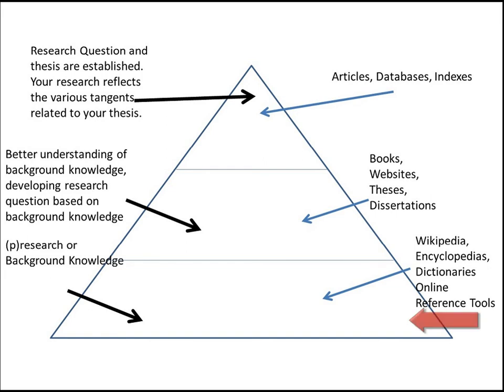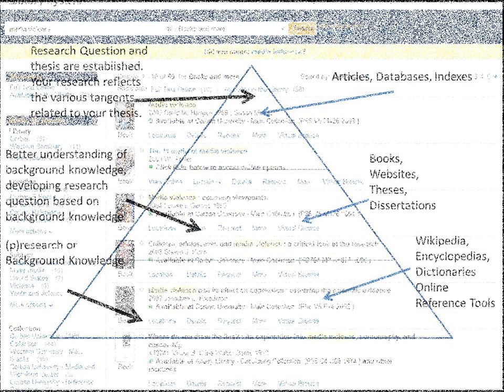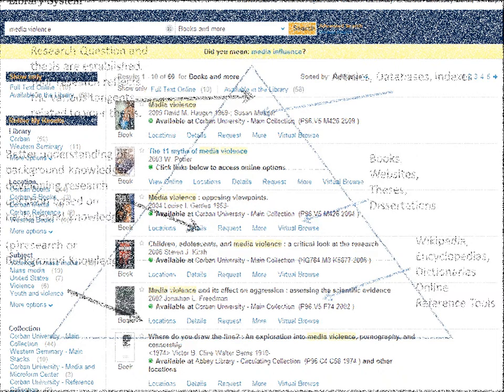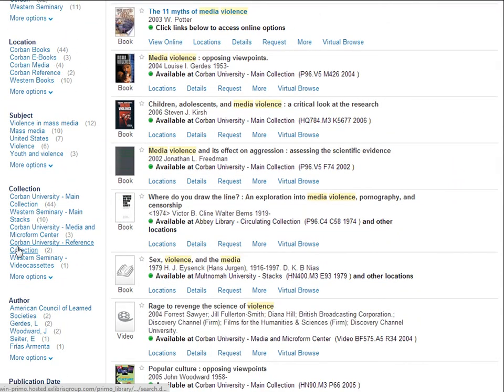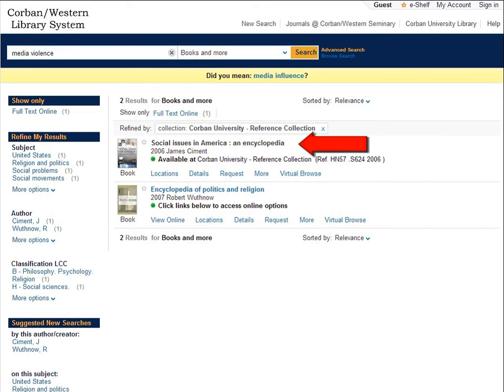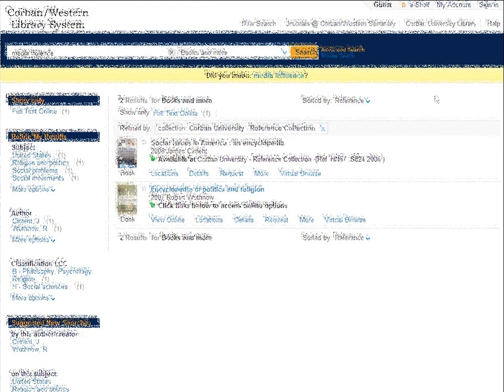We are here at our research process. We already looked at one reference work. Are there any more that might assist? Reference works tend to provide good overviews of a topic. If you are uncertain about your topic and need to do pre-search, look at reference work. We already looked at Social Issues in America. The other two reference works, at least at first glance, do not look quite as helpful. Since we already have one reference work, we are not going to take a look at the other two.